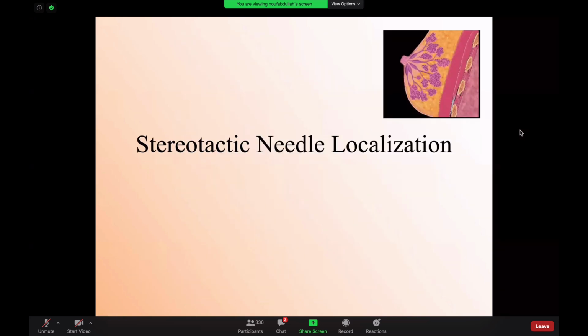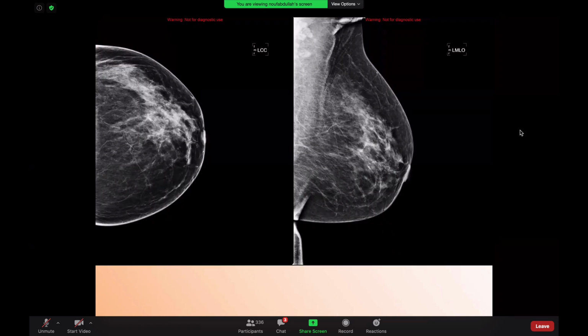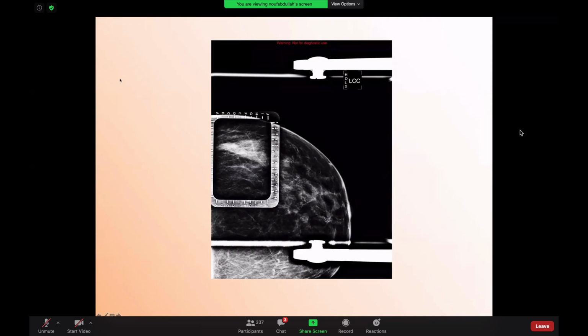What is stereotactic needle localization? Stereotactic needle localization is a localization using X-ray or mammogram. So for example, I have this group of microcalcification in the left breast. I want to help the surgeon to know how to resect this. So you have to know what's the name of this image. This is what we call an alphanumeric plate. It has A, B, C, D, E, F, G, H, I, and then you have the numbers. So this is used to localize the microcalcification. So it is used for localization.